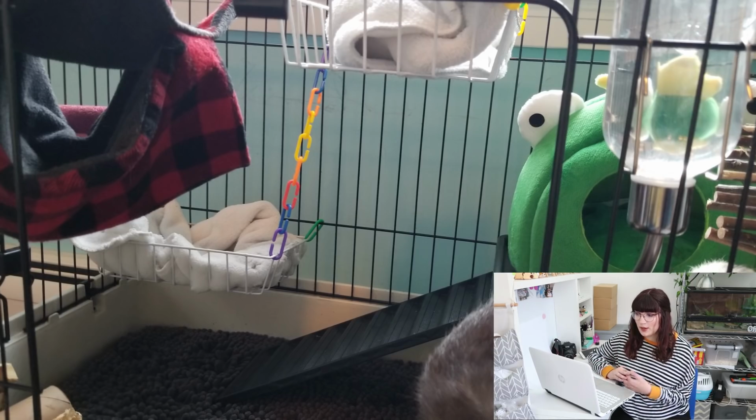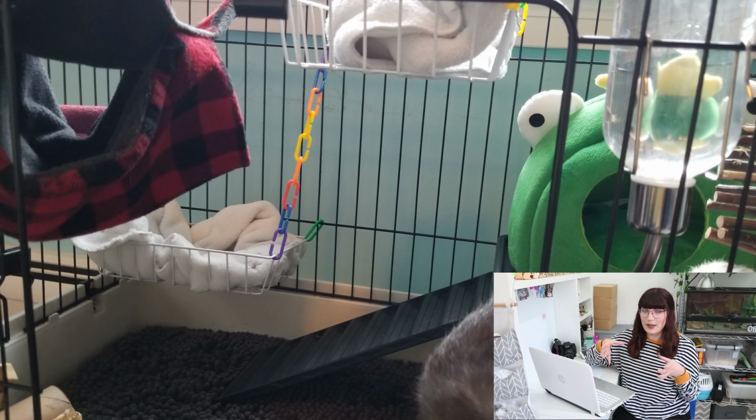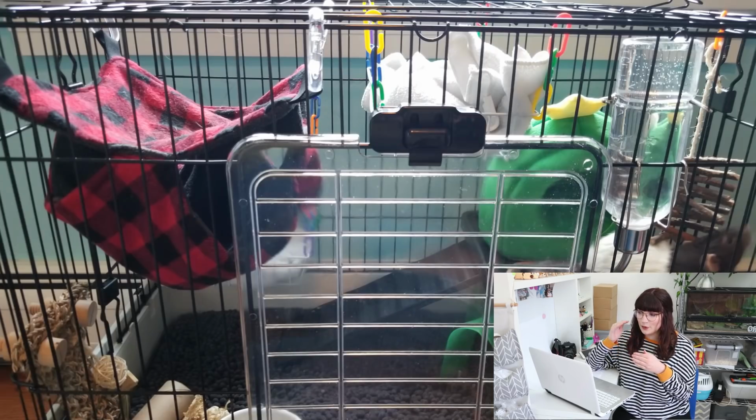I do think you have the right idea with the things you're putting into the cage. You've got plenty of hammocks and beds and places for them to hide and things for them to chew on. Unfortunately, you are going to be quite limited because the cage is so small. You can't add too much for them to climb on either, because the cage, as well as being quite small on the base, is not very tall either, so there's not too much you can add in here, or too much that I can really suggest you add in,